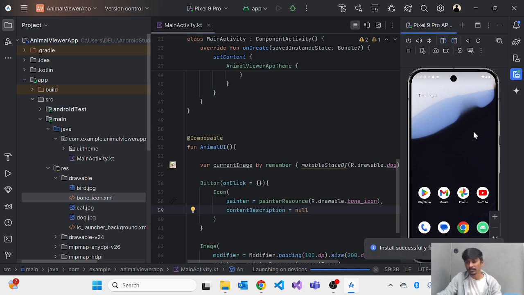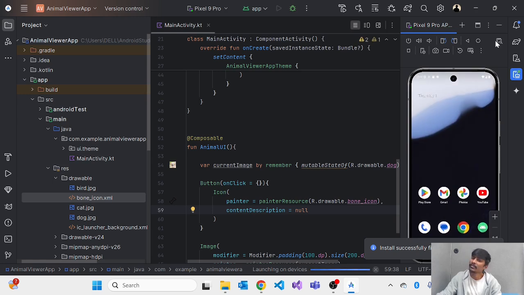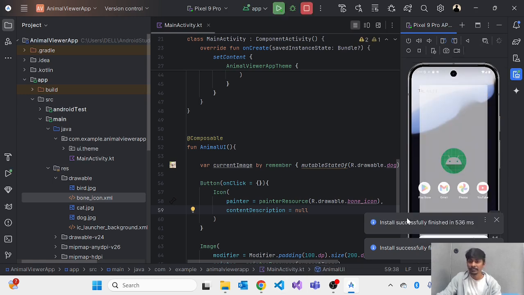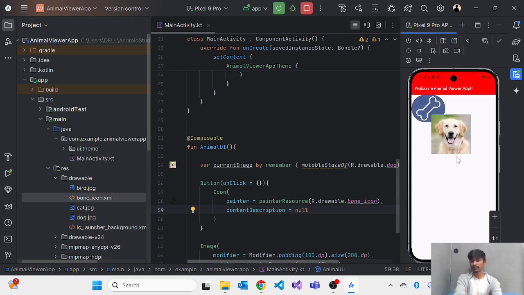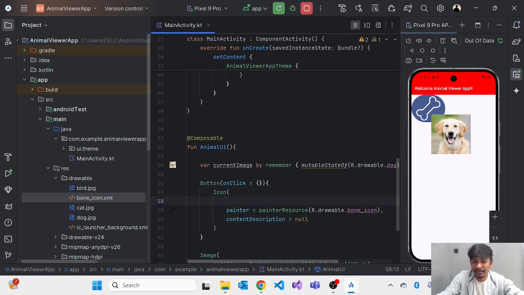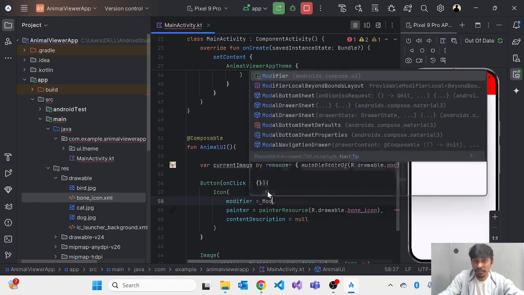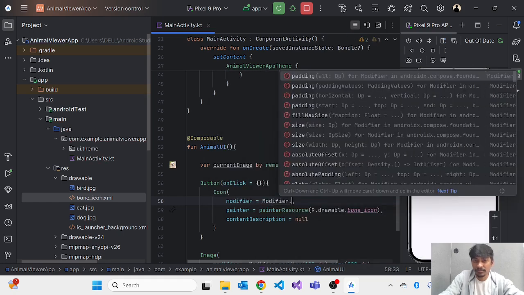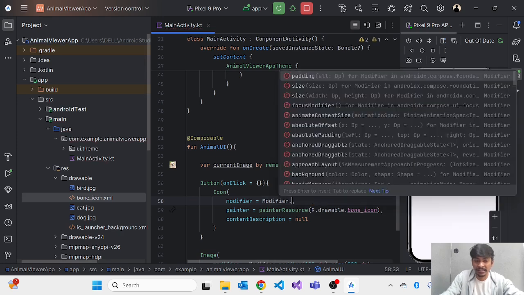Okay, compilation started. I'm launching the device again. So here my image is loaded, but it's a little large. I can reduce the size by adjusting the icon's alignment, like modifier equal to capital Modifier dot padding or size. Yeah, let me add